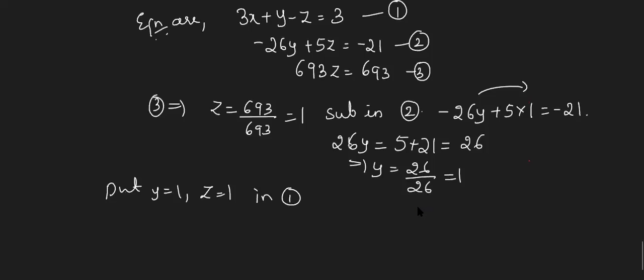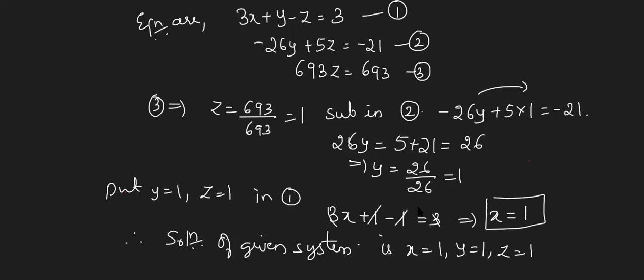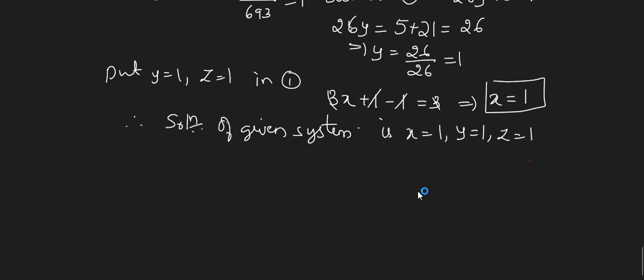So put y equal to 1, z equal to 1 in equation 1. So 3 into x as it is, y is 1, z is 1, equal to 3. See, very easy. Plus 1 minus 1 goes, 3 and 3 goes. But while cancelling, it is not 3 minus 3 as 0. What is it? 3 ones are 3. So don't write 0. It is going to be 1. Lastly, I just forgot: therefore, the solution of the given system, this should always be written, is x equal to 1, y equal to 1, and z equal to 1. It means whatever values you obtained for that particular problem, they should be written.